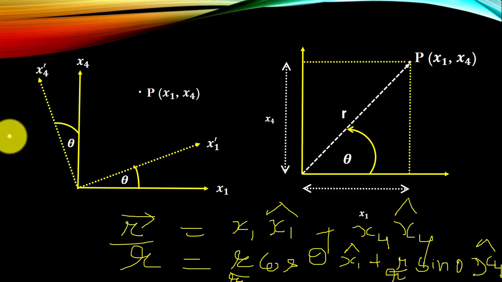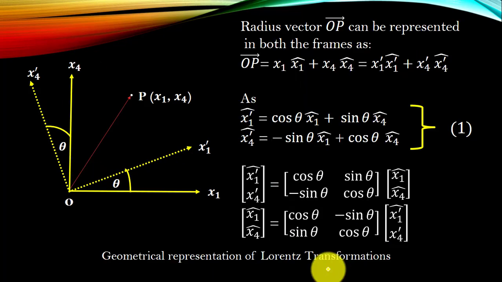So now, considering this example, here I am taking x1 prime cap as a unit vector, and I have to find its components along the x1 axis and the x4 axis. So what I need to do, considering the same thing, is take the component of this x1 prime cap. Then x1 prime cap will have a component along this direction. I will have to draw a perpendicular here, and this component will be x1 cos theta.